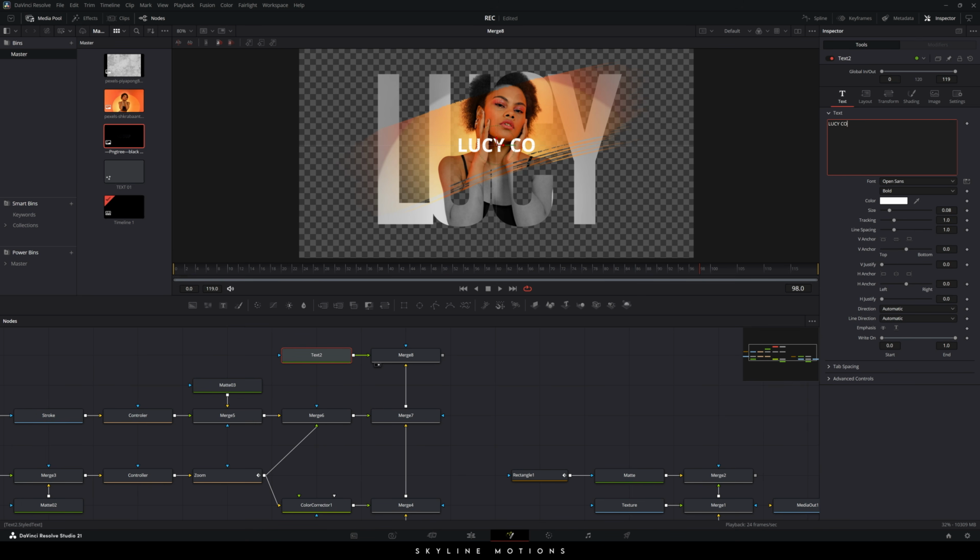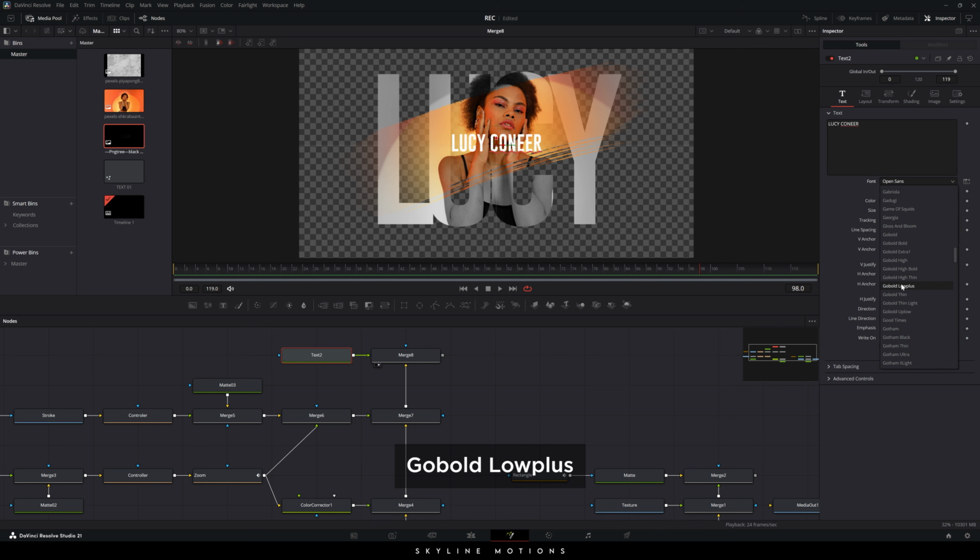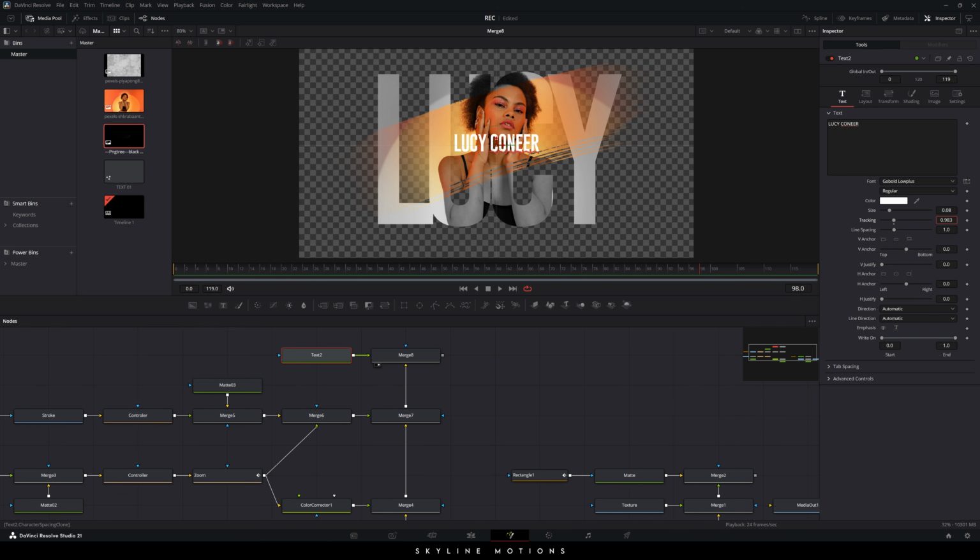So I'm going to type the full name of this model. I'm going to select the font style Gobold Lowplus, and this is the tracking. Let's lower the tracking amount. I'm going to set the value 0.96. Perfect. And place the text right here in this corner, and I'm going to align the text on the left side. So this is the left aligned text and this is the bottom align, and then you can place the text right here. You can also increase the line spacing just a bit,